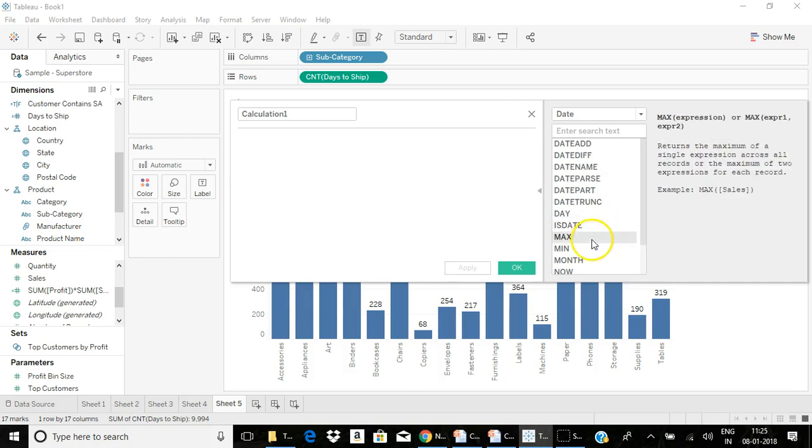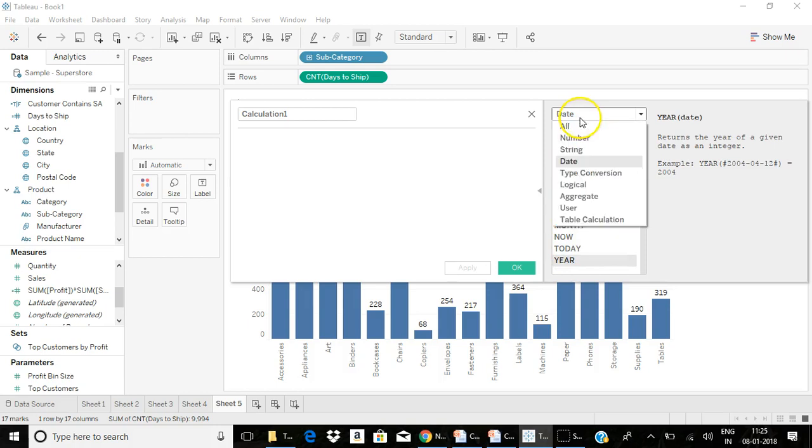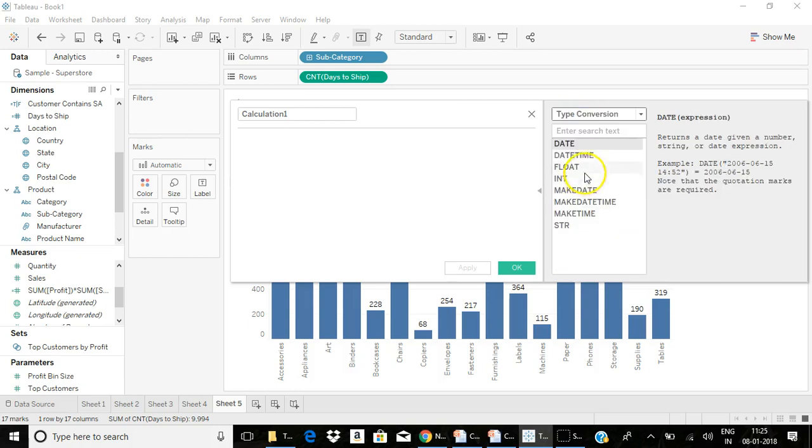IsDate validates a date, maximum, minimum, month will fetch you the month. Now is for current date and time, and today is for current date, and year will fetch you the year from the whole date. So we also have type conversion functions that are used to convert from one data type to another data type. Making a date stamp or a time stamp you can do with type conversion functions.